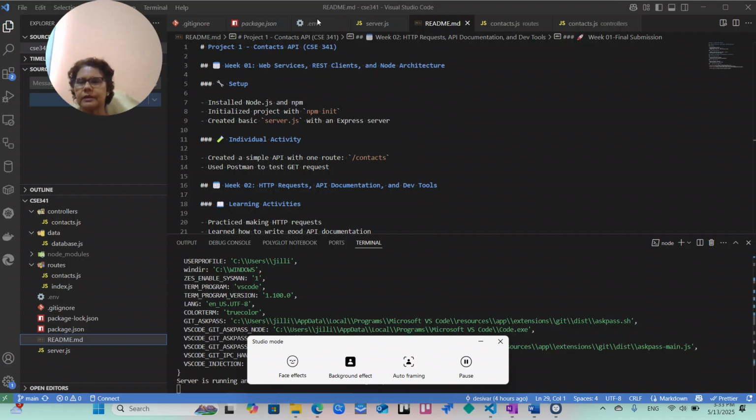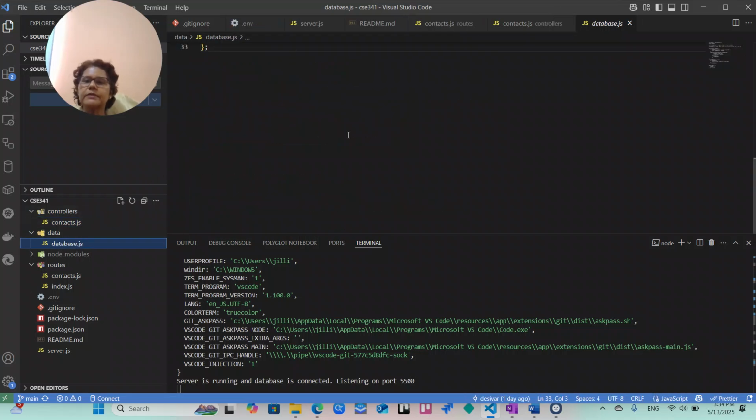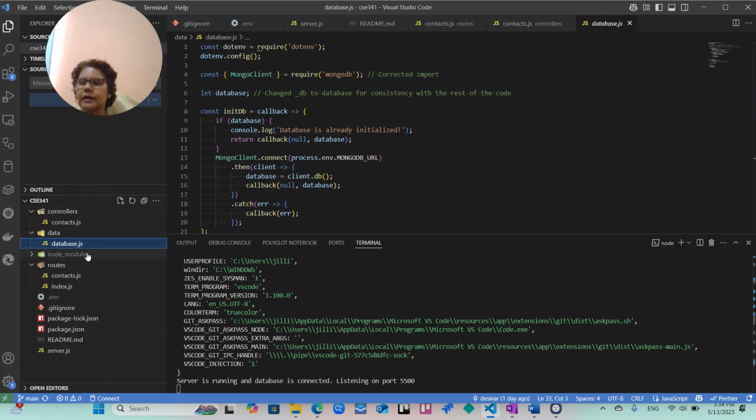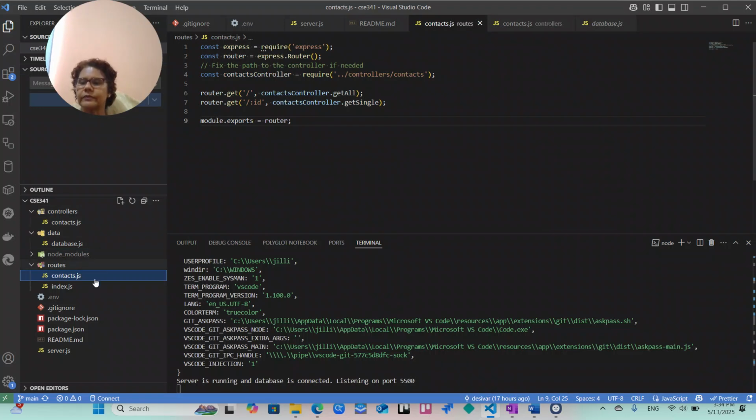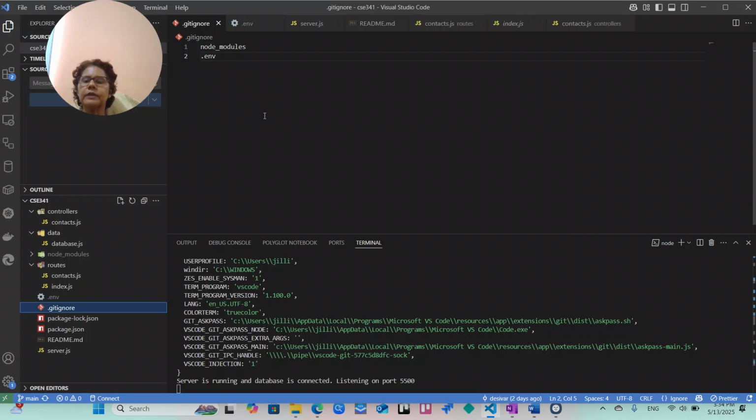In the city contacts, this is a simple API with one route called contacts. I use MongoDB. I go to the controller. This is the MongoDB use, and the controller is the database. Okay, I go to the file and contact route, the index, the gitignore that includes node modules and env